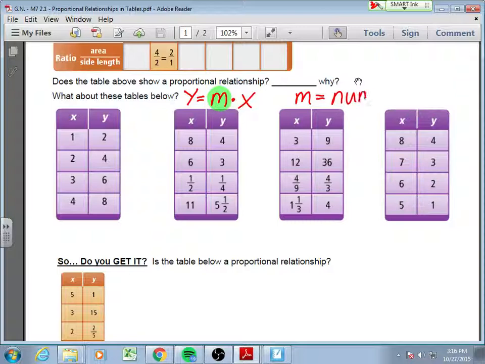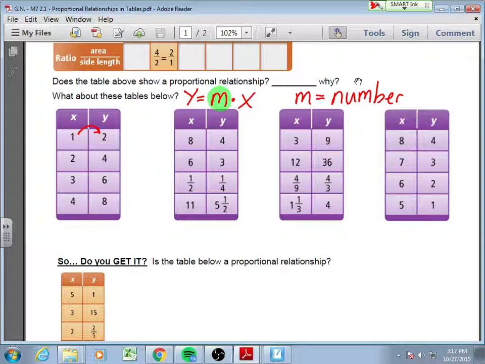M equals. Wait, can you put in any number? You'll see here in a second. So for now, just stay with me, and then we'll see. After we do the first table, you'll understand. Because y has to be x times something, or something times x, and that something has to stay the same for each situation. So if we look at table 1 over here, the one on the left,